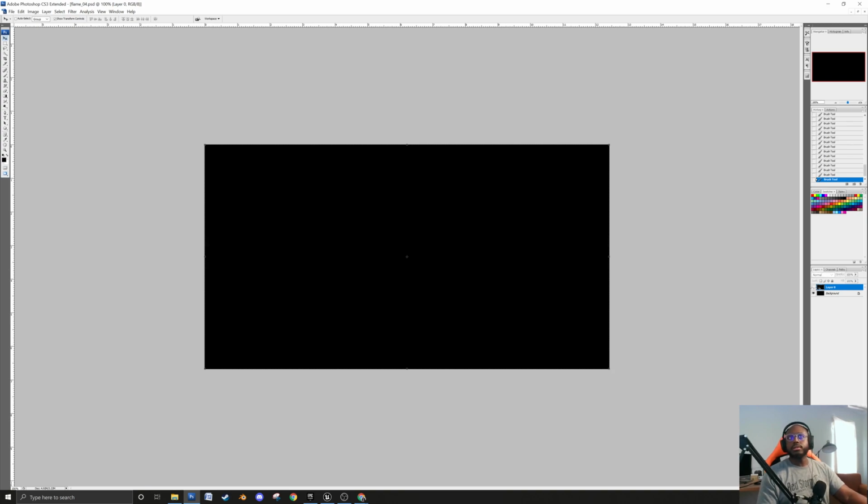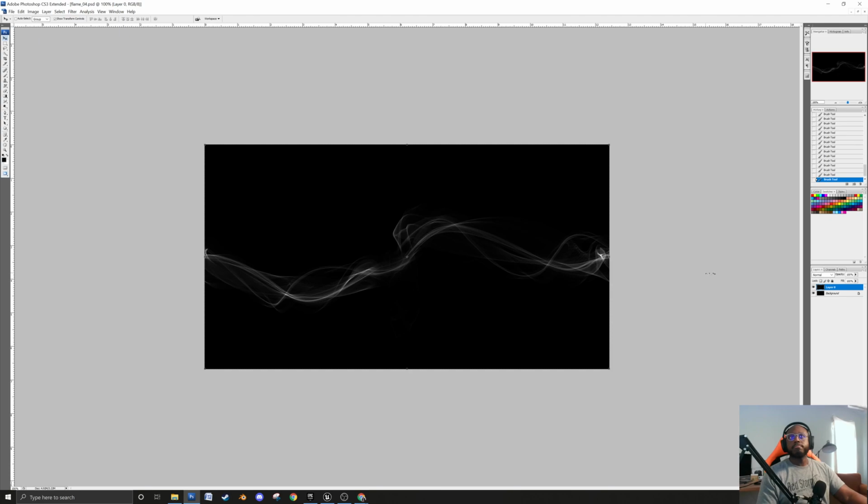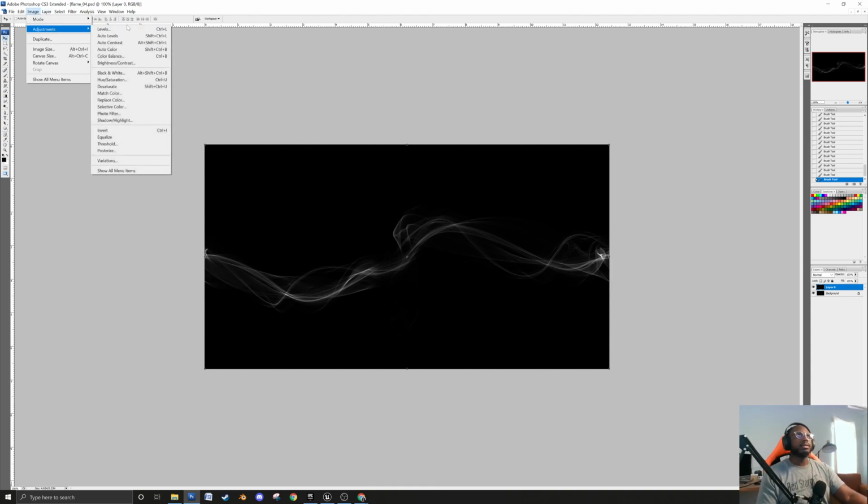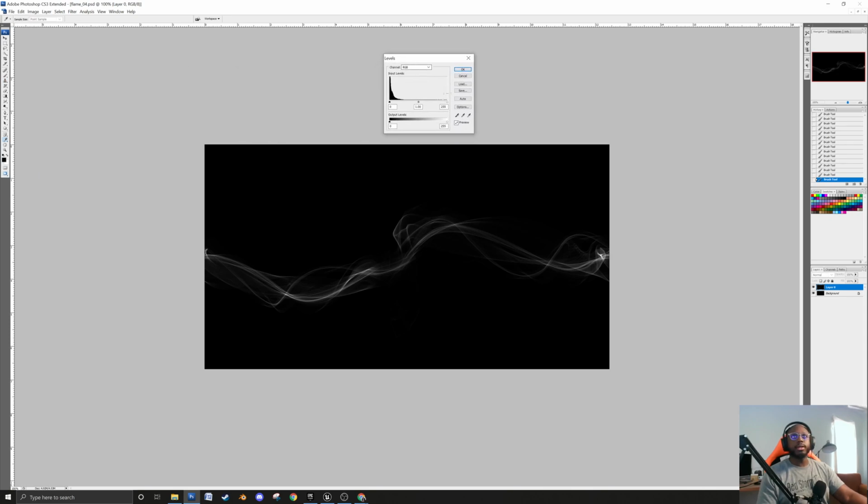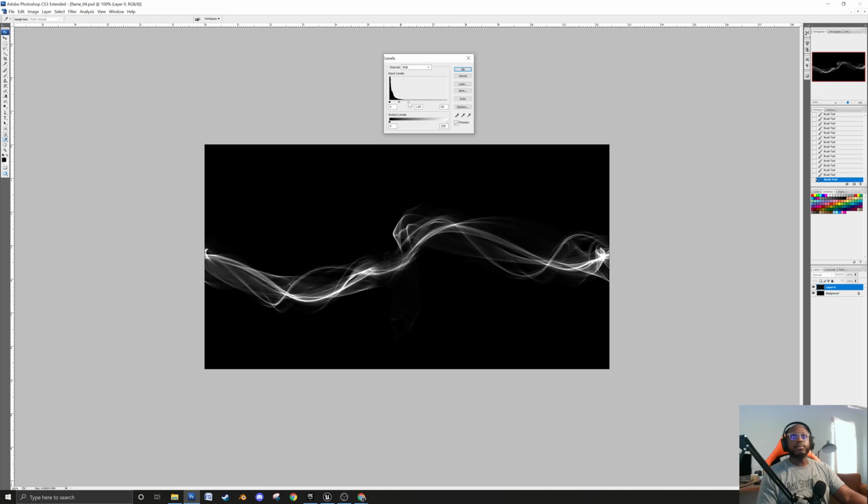Let's see. So this should tile now. One of the things I want to do is go over to layers and go to image levels, and I want to try to bring the color so that we get our brightest brights and darkest darks showing pretty well here. Because the texture we worked out was,